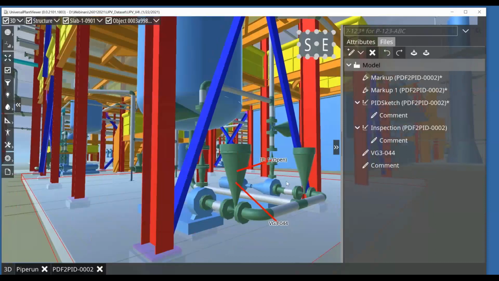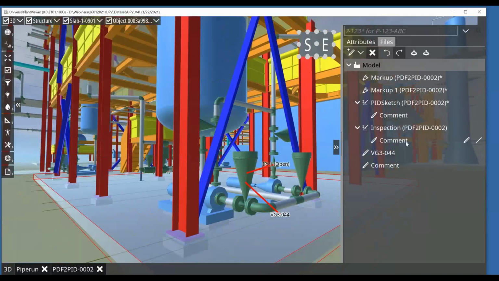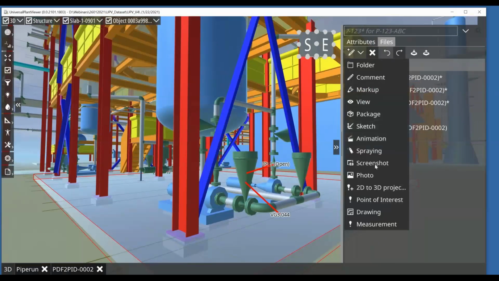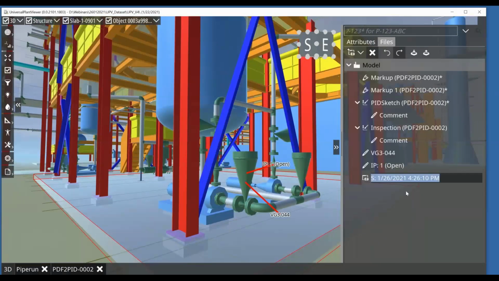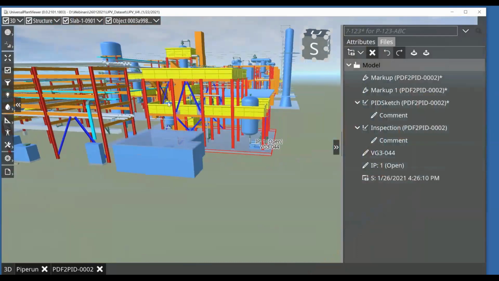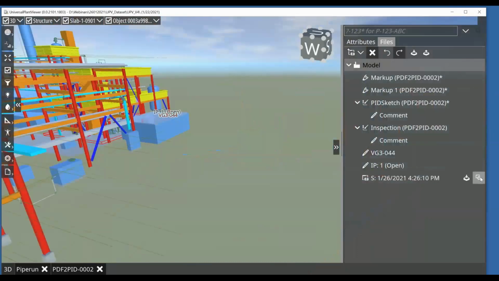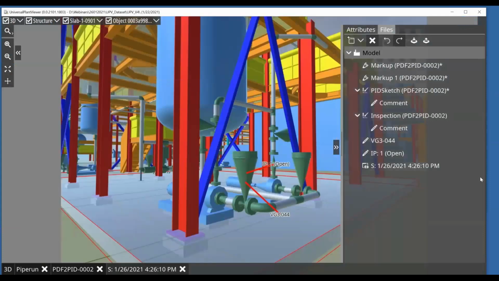And from here, it is also possible, if the user likes, to create a screenshot. The screenshot will be saved exactly like the view that you see here. So if I go to some completely different position in the model, I can very easily visualize the screenshot. It will be loaded and it will display exactly the document that I have created when I placed these comments. So this is what I wanted to show you from this inspection point of view. And now I will revert to the slide